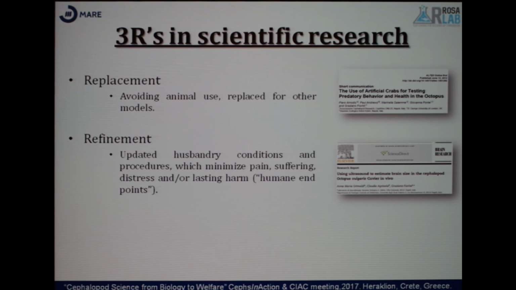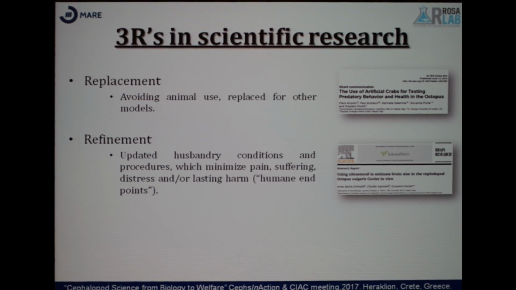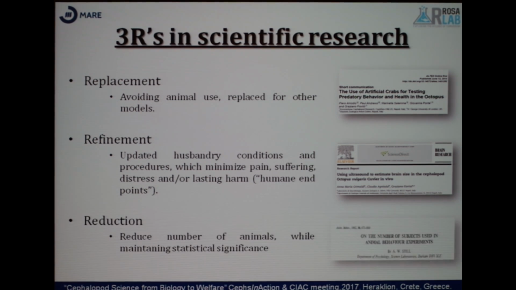So we have to update our husbandry conditions and the welfare. And afterwards, also design experiments that had humane endpoints and did not require the sacrificing of animals. Here in this paper, for example, the authors, instead of dissecting the animal and measuring brain size and relative biomass, used ultrasound waves to calculate that. And the third R is reduction, that is to reduce the number of animals used in